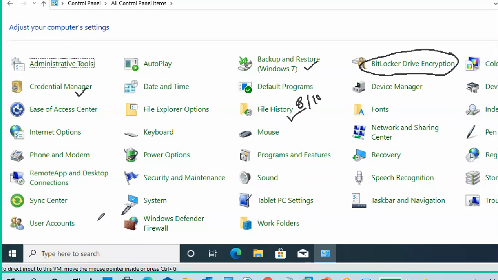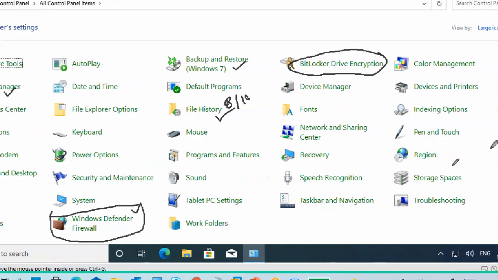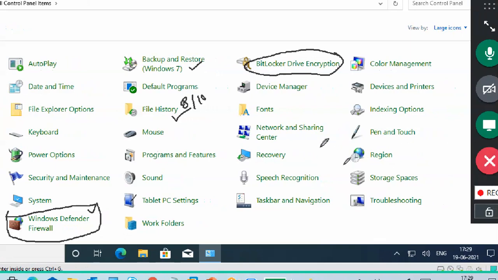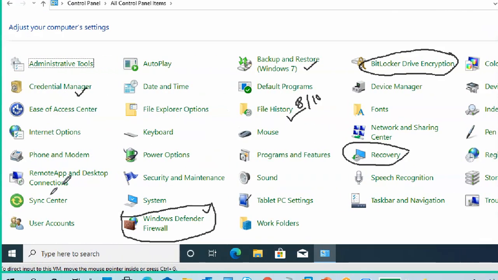Windows Defender Firewall. Earlier it was only Windows Defender, now they mix both Windows Defender and the firewall, so it has become much stronger than earlier. I am searching for an option. This is something recovery. All remaining are common options in both the PCs. They're all common only.